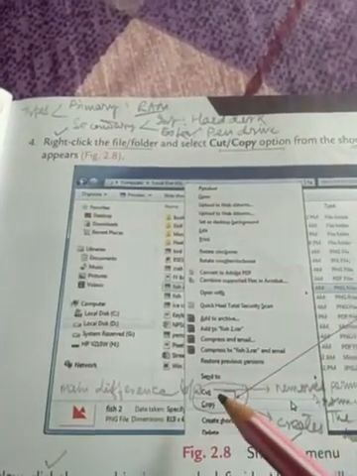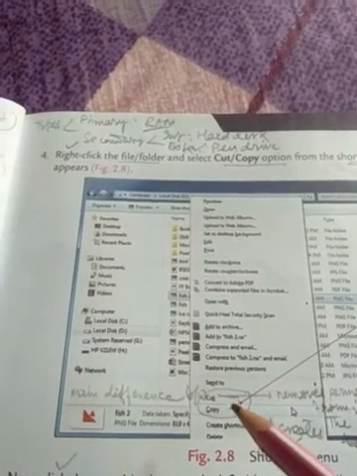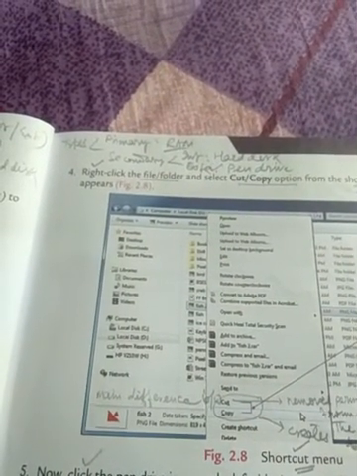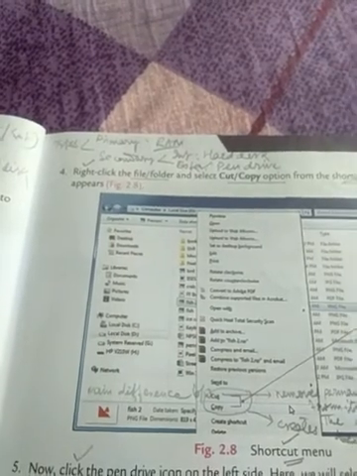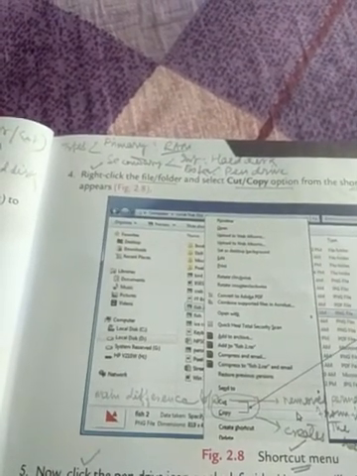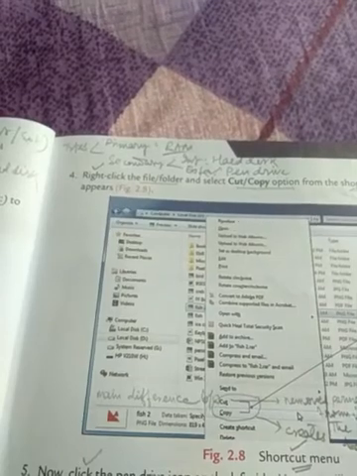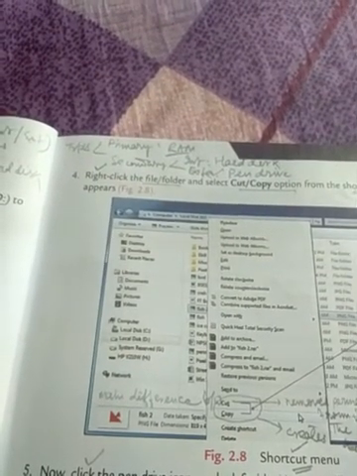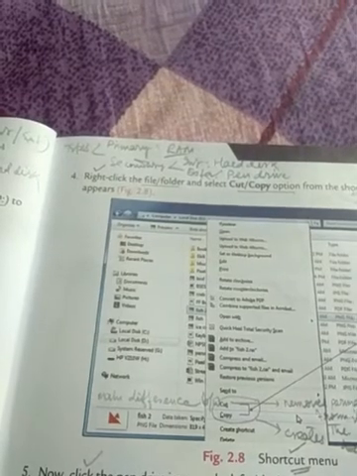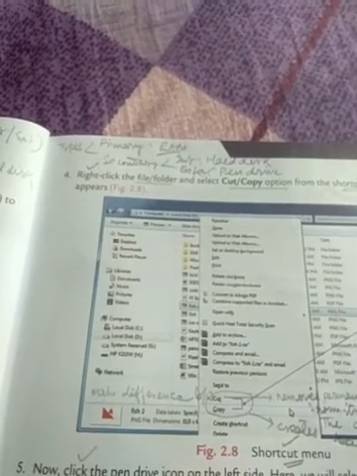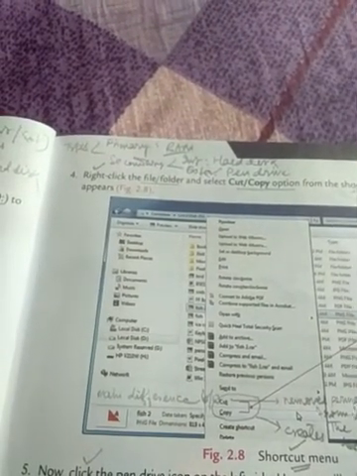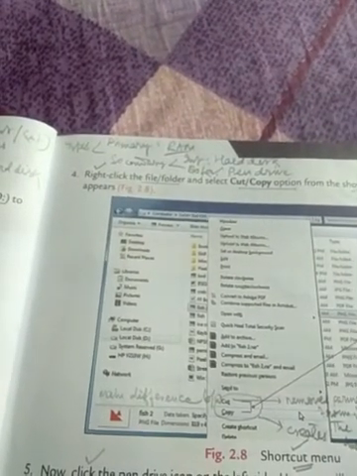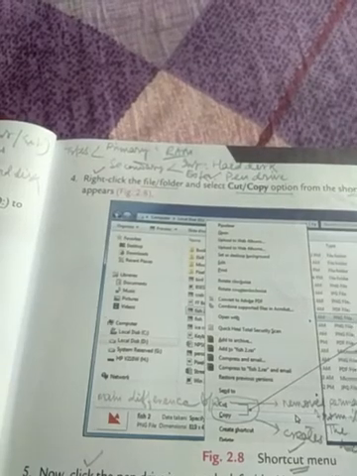Let's understand what is the meaning of cut. It means when our intention is to permanently remove any selected data from its original position to the desirable area. I repeat, cut is the executionary option that can be used to remove permanently the selected data or file or folder from its original position to the desirable area.